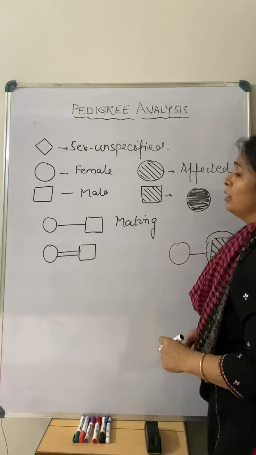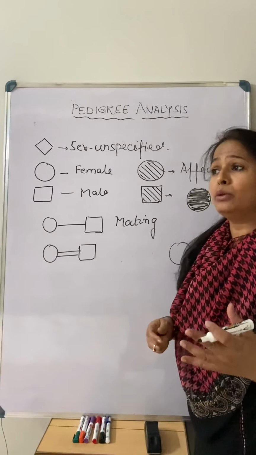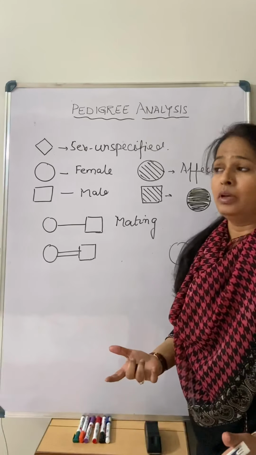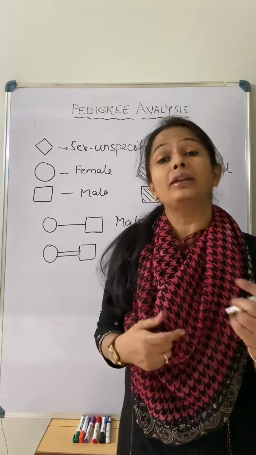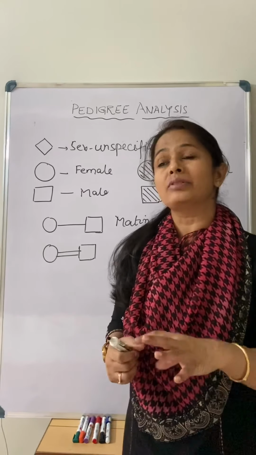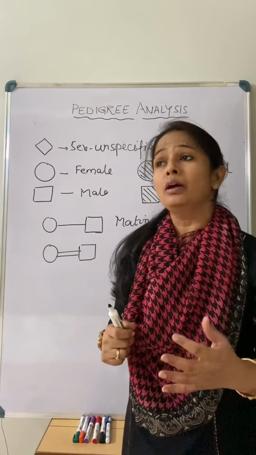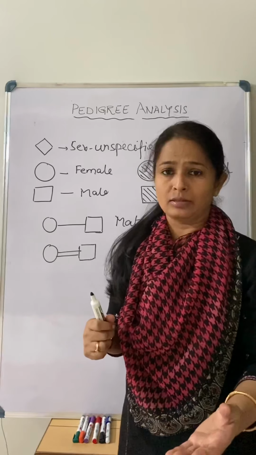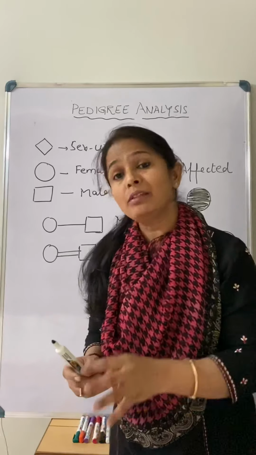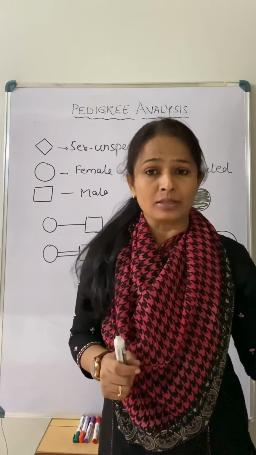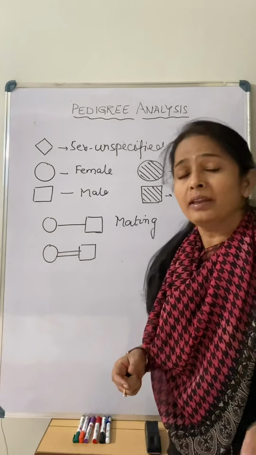Now, when a person is having a gene related to the disease, but the phenotype of that gene is not shown, due to the recessive nature or certain other reasons, that person is not showing that disease. That person is not affected with that disease, but is carrying the gene related to it. So in that case, they are the carriers. They are carrying the disease.